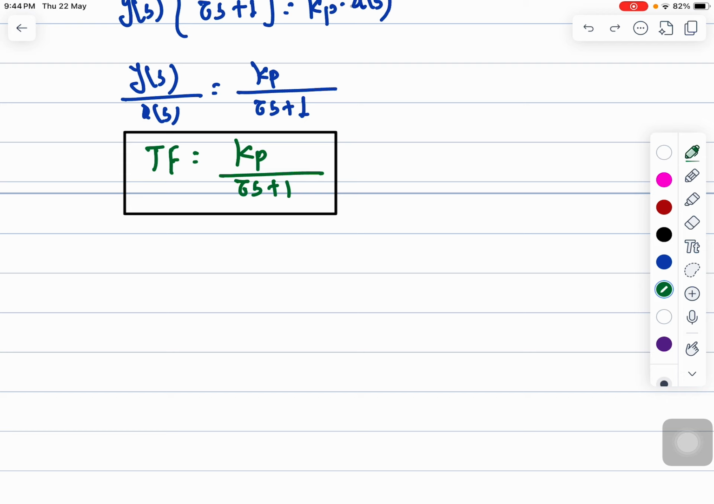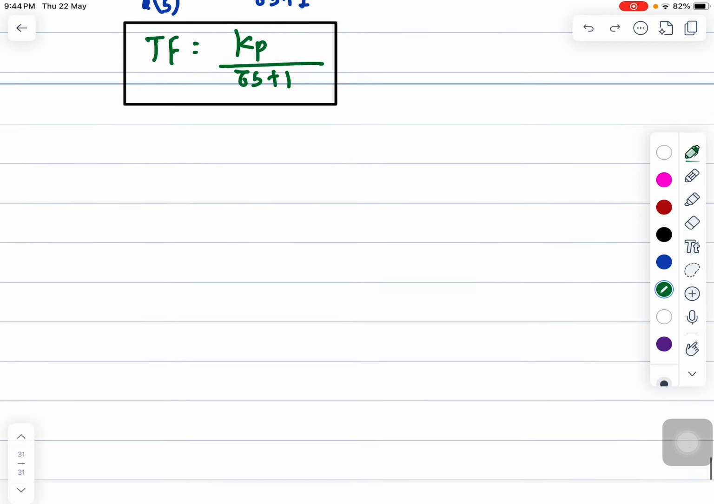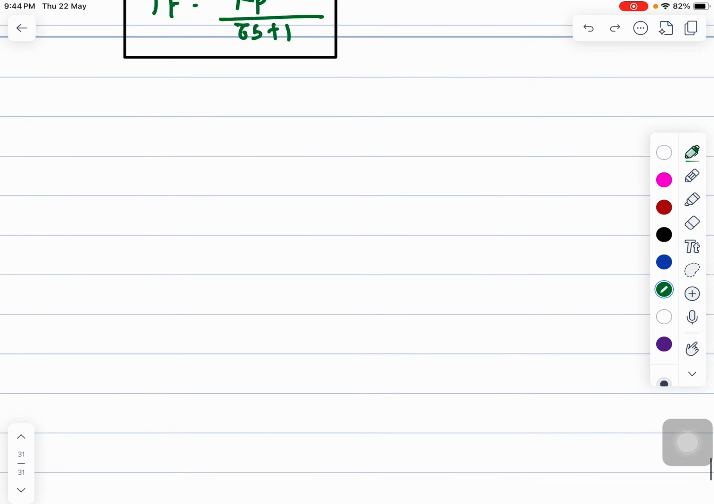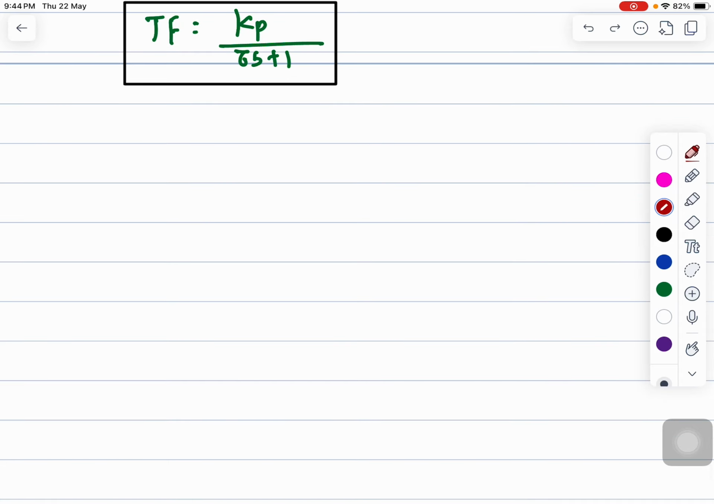Okay, so I hope the motivation for this first order transfer function is clear to all of you, why we are getting this kind of transfer function. So let's try to understand the second order transfer function. If I am solving a second order differential equation, ODE,